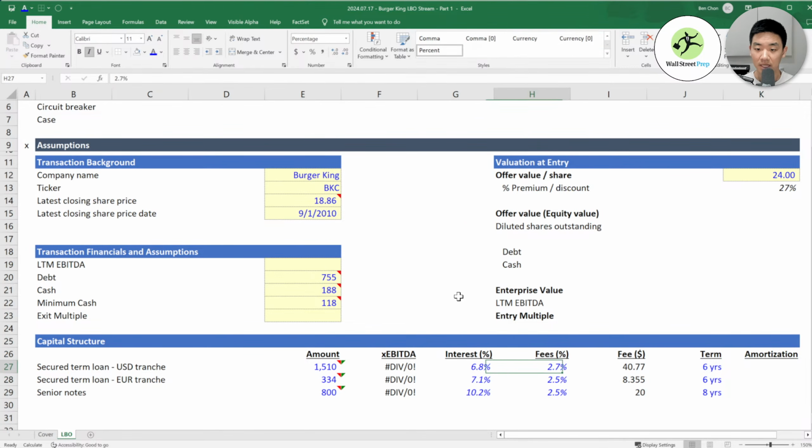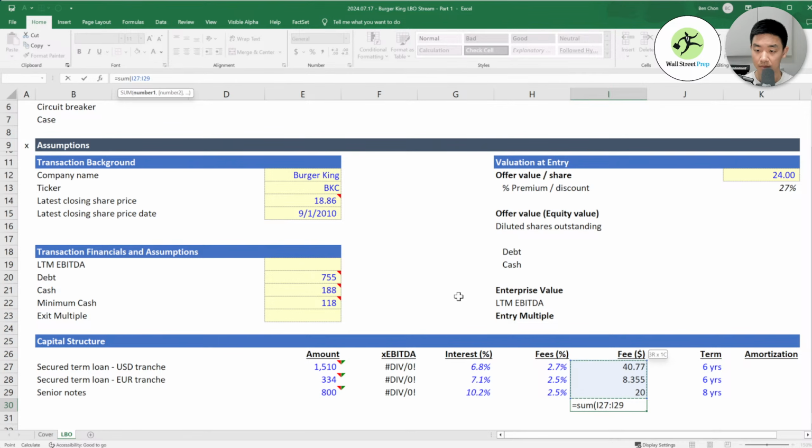And basically what we're doing here is, I figure, okay, say the fee for the first tranche is 2.7%, the next one's 2.5%, next one's 2.5%. And then if we sum this up, this gets us to 69.12. So pretty close to the 69.2 that we need.